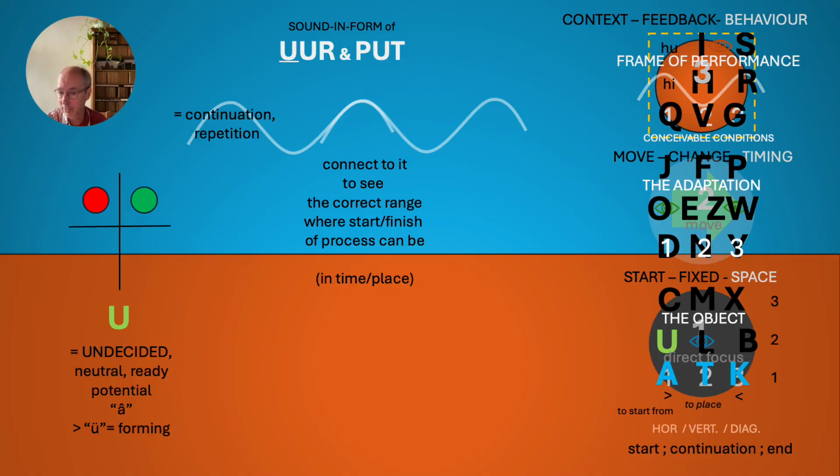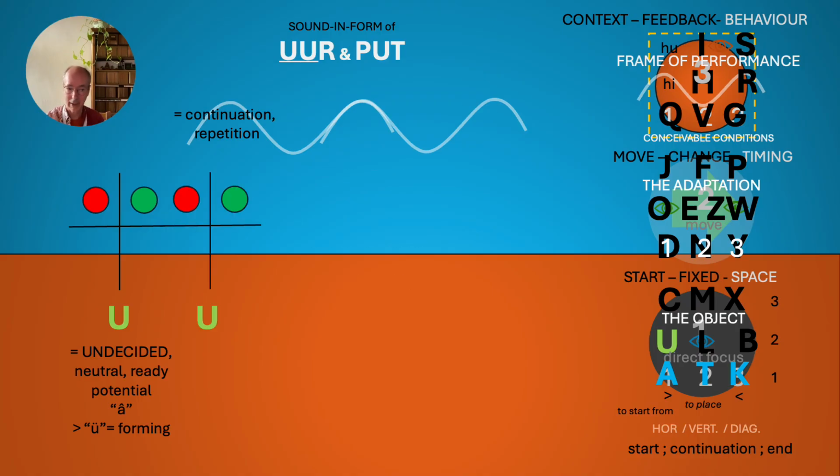And in basics, in theory, it is related with time and space at the same time. Uur means hour. Basically, we would say uur is only about time, but as I put it here into my theory, I see how it is connected. I need to have time and placement before it can define its definition correctly. And that will be seen also in my conclusion at the end. So, two times U,